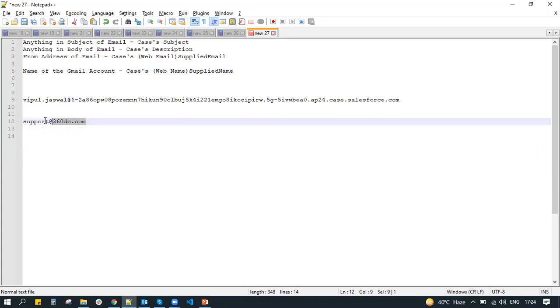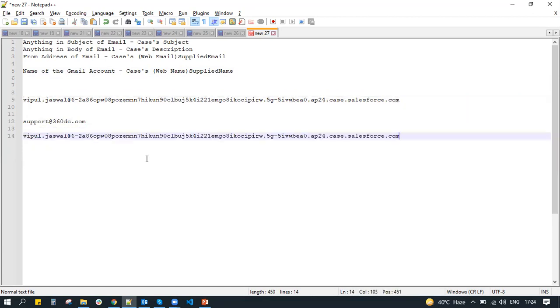Okay, so here I will set the forwarding. Any email that is sent to support@360dc.com is going to be forwarded automatically to this long address. So in my server, I have to set a forwarding. Using forwarding, I will be sending any email received on support@360dc.com to the Salesforce address, and it will automatically create cases in the system.